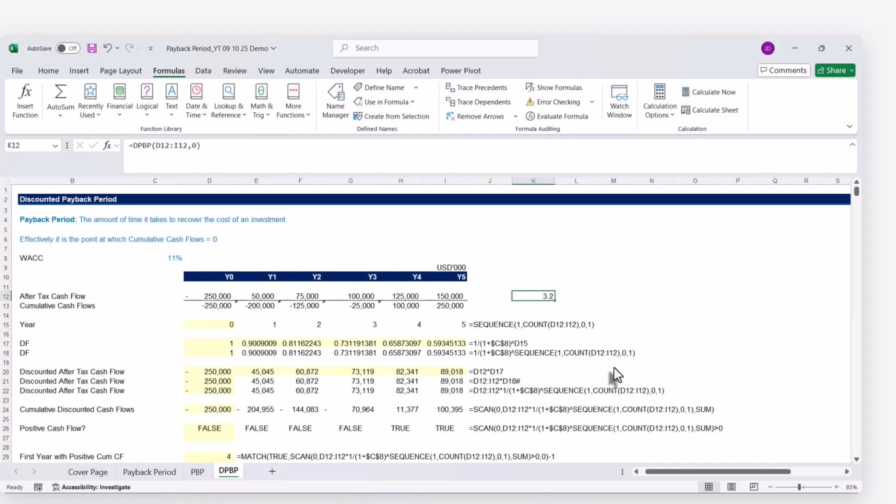So this is how we can create our own payback period function. We just have to go to a bit of trouble to create the formula for the first time, but thereafter you can just copy and use it easily. So I hope this was useful,